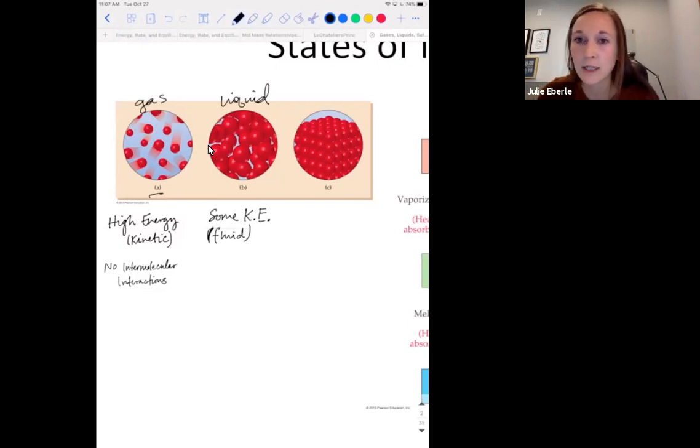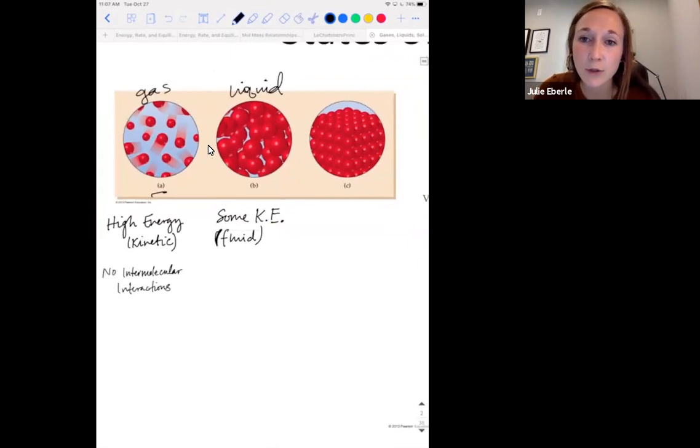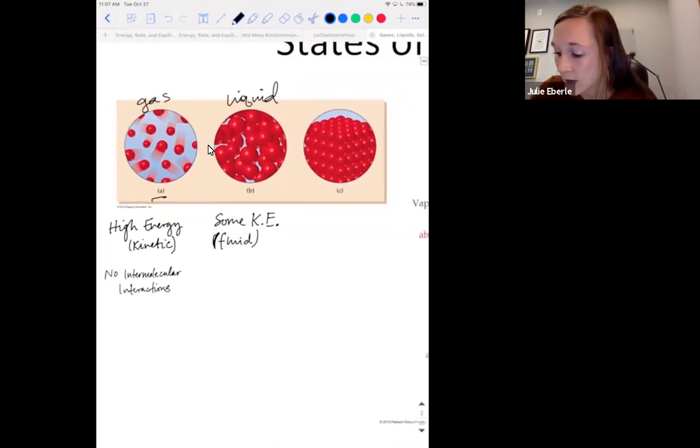So with some kinetic energy, let's talk about it from the angle of attractive forces between the molecules. Do you think the molecules are interacting a lot or a little? What do y'all think? Jenna says some. So obviously they're not moving as fast, but they definitely look more crowded here. So we could say for sure there's got to be more attractive forces between the molecules. So we'll say, I'm going to use the word some again. Some intermolecular interactions. All right, so they're kind of in the middle.